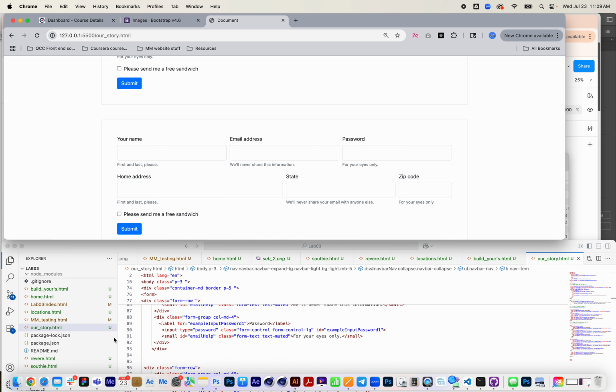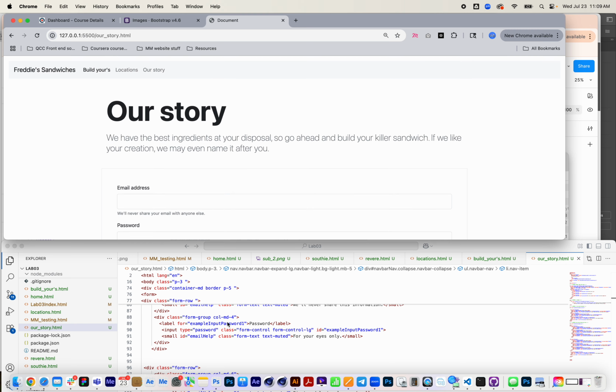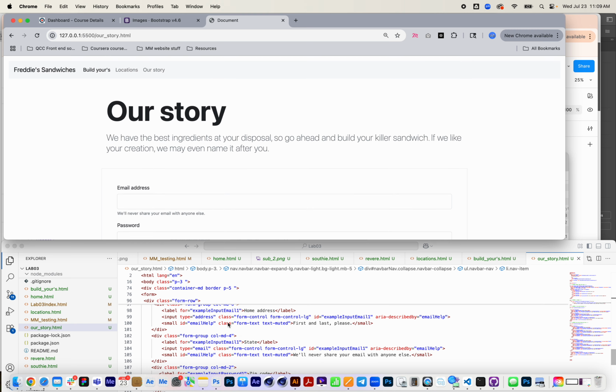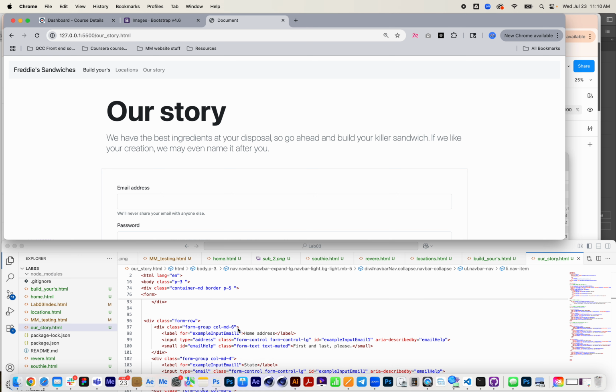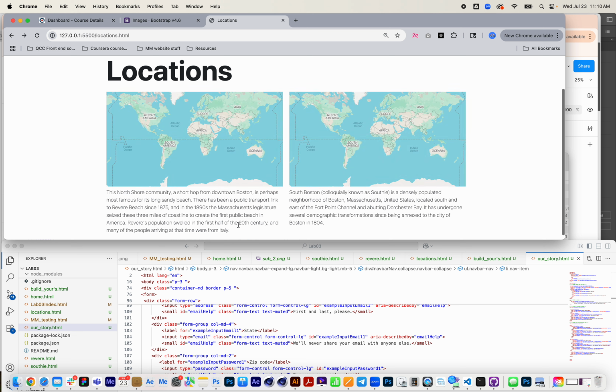Oh, because I'm not on our story. I'm on our story. Hold on. So yeah, MD4, that's the top layer, and then the 6 MDs, 6, 4, and 2, giving us these,